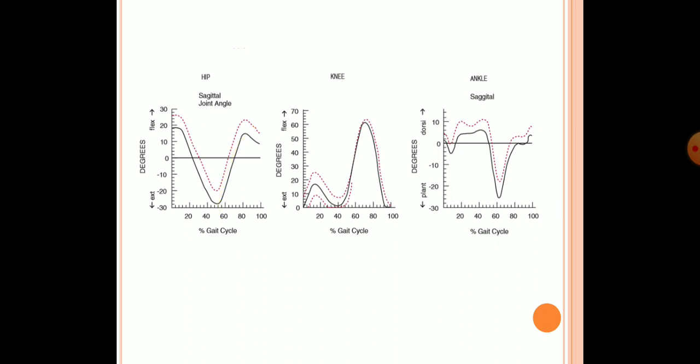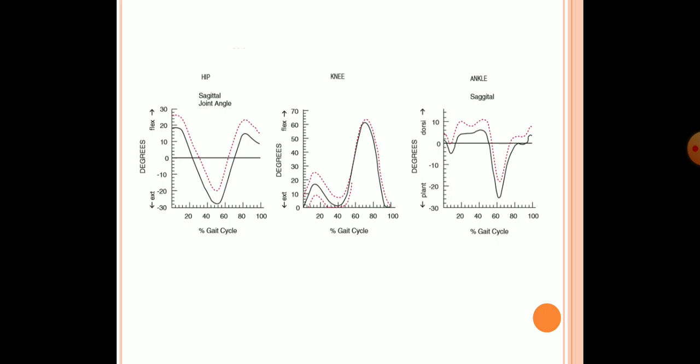And next, in the knee joint, what happens? It's at 0 degrees of extension. So in the beginning it starts with 0 degrees of extension, and it has a mild progression to flexion of 20 degrees at the beginning of the gait cycle, and again it comes back to 0 degrees of flexion. At the peak of the gait cycle it can go up to 60 degrees of knee joint flexion, and again it comes back to the normal position. So this is what happens in the knee joint.